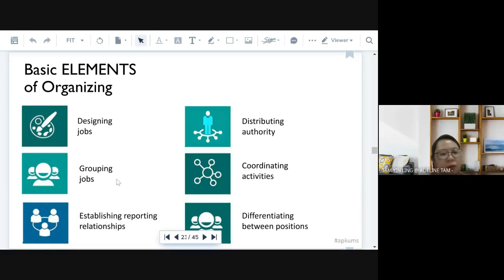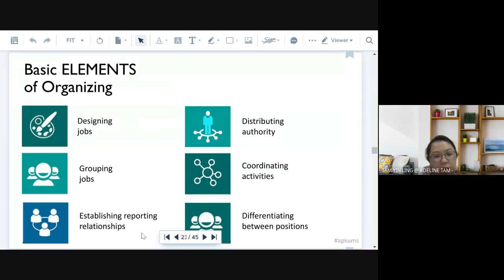Then at the same time, we have another group of people. Grouping of jobs is, for example, accounting or financing. So what they do is they record the accounts, they control the receipt and payment of money, and so on. So that is grouping of jobs. And then third, establishing reporting